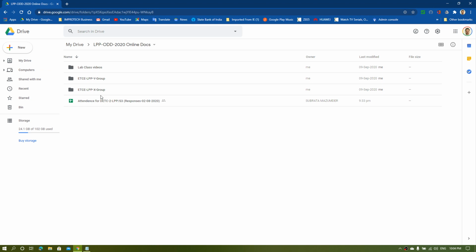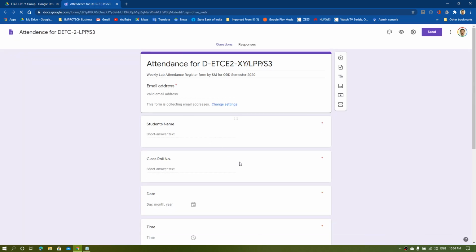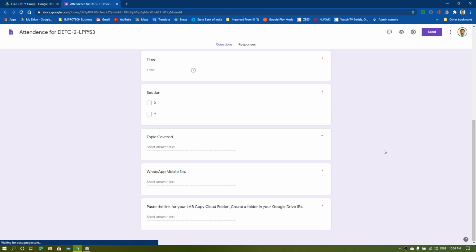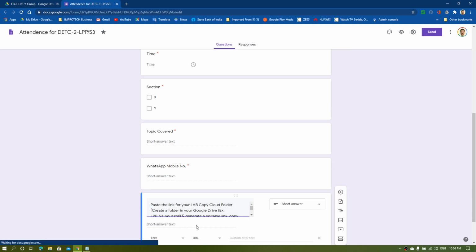where all of you already got those attendance sheets with every respective class. So what I am showing you for today, I have incorporated another row in your attendance sheet where I have written, paste the link for your lab copy cloud folder.